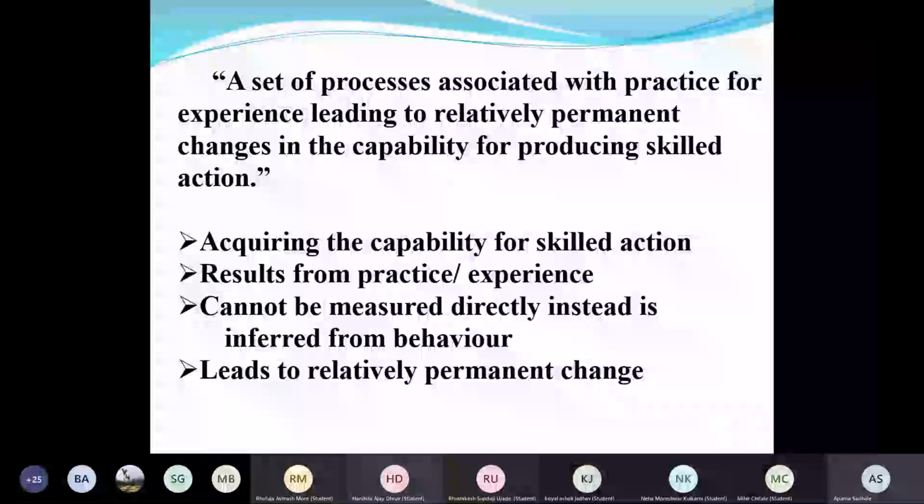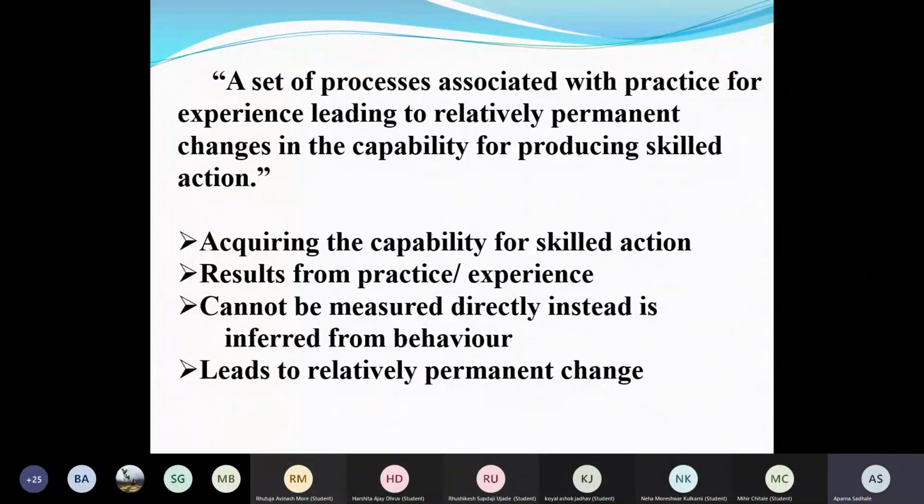No, as a student, why am I teaching you motor learning? You are talking from the perspective of the patient. I want you all to tell me why this should be included in your syllabus as a physiotherapy student. You are learning this, you know. Why should you learn motor learning? Because this is going to give you an idea or insight into how the patient will learn, and therefore what you should do to